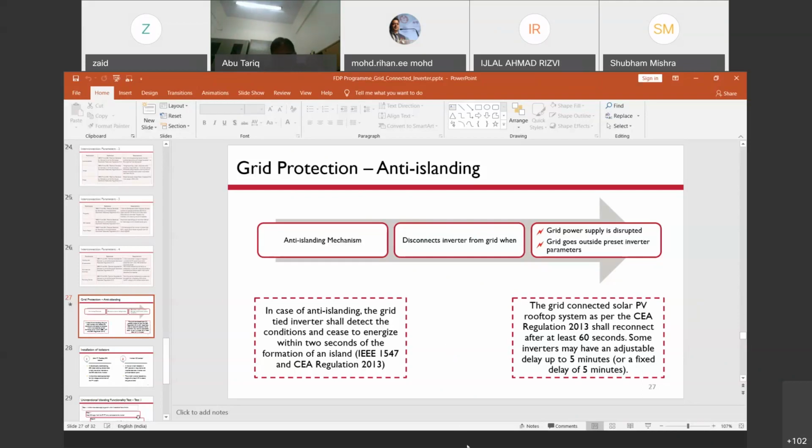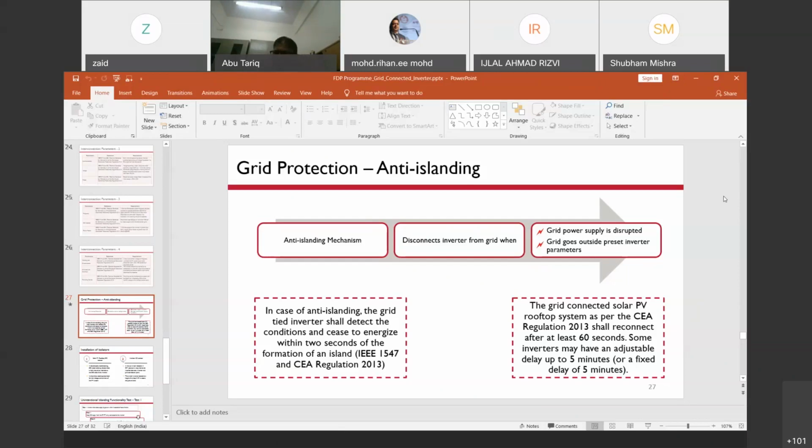So usually, sir, the grid connected system does not have any storage. I think it is because of cost, because this is directly line connected. We don't have any storage associated with it. That is also the thing.